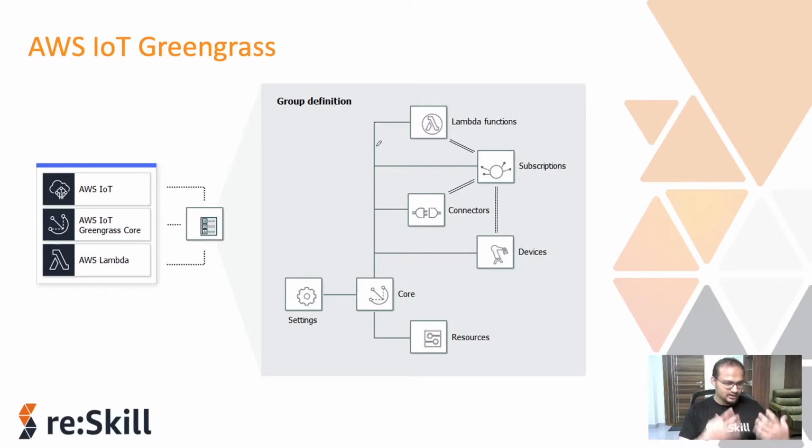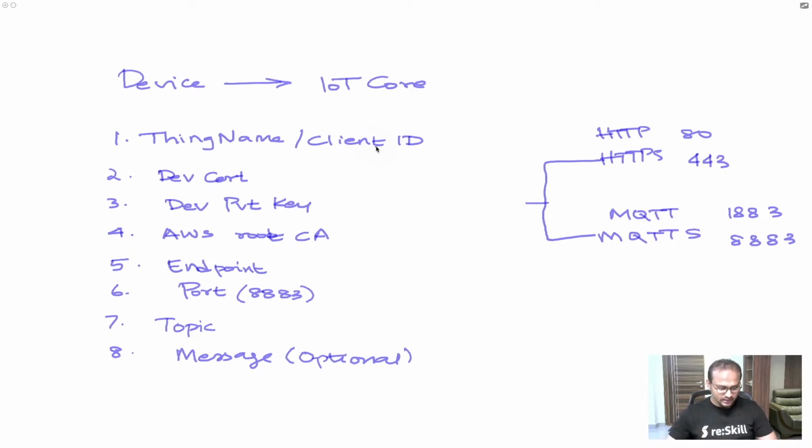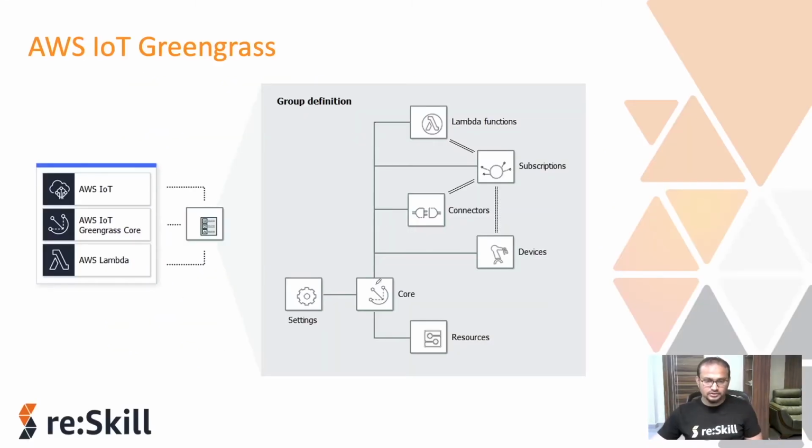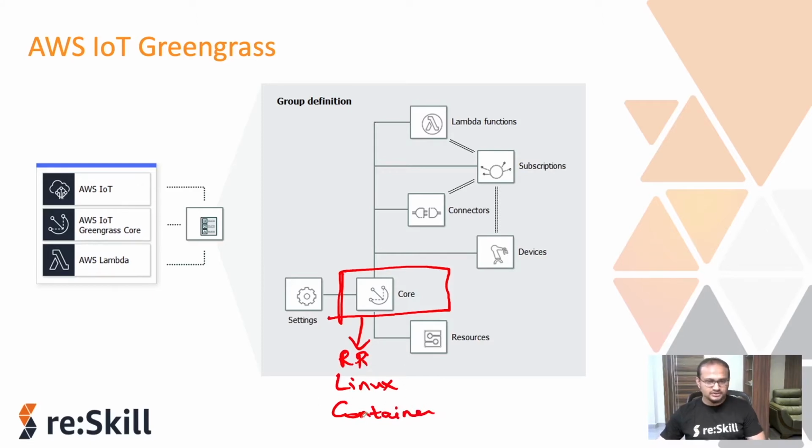So in an on-premise network, let's say there are multiple devices, and if we want these devices to talk to each other or do some kind of local storage or things like that, we can easily have a Greengrass group where we can configure it to do certain things. Basically, the Greengrass service has a core. The core gets installed into one of the computers. It can be a Raspberry Pi, it can be a Linux computer, or it can be in a container if it is a Windows computer or a Mac computer. We can have a Docker container and then have the core in it.